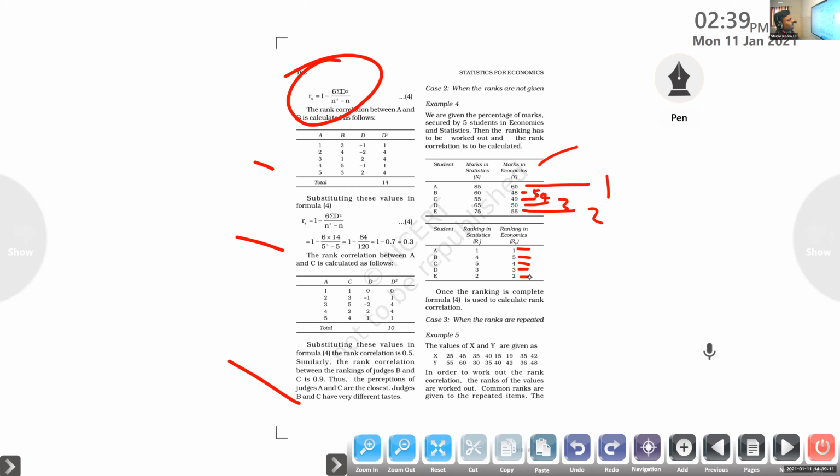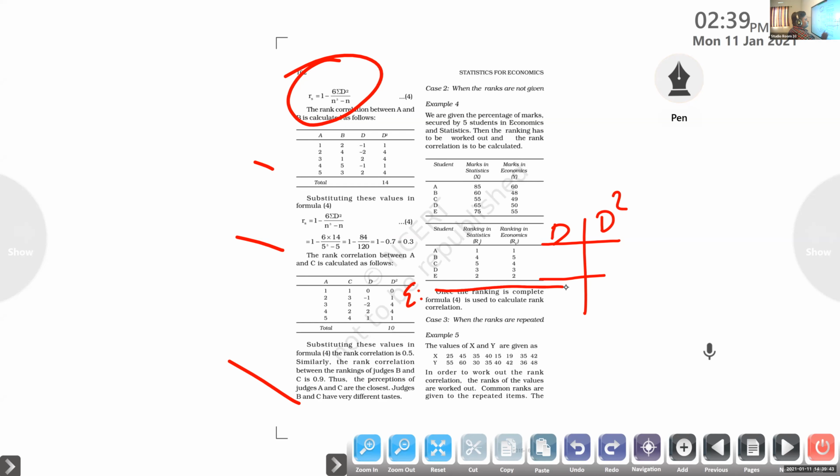Clear? Okay, so we got the question here: arrange these things in a ranked manner. Ranks are there. When the ranking is complete, formula 4 is used to calculate the rank correlation. Do it first. Now the next step: calculate the deviation and d square. Deviation and d square values you want to find out. Make it fast, all of you do it. D square and sigma, the sum of all these values. Do it fast. Step by step, complete it and send me the answer.